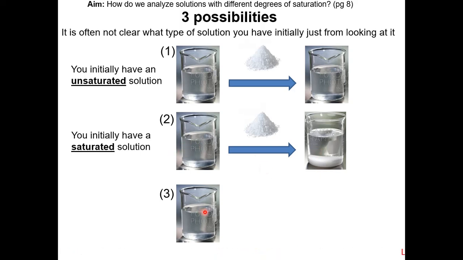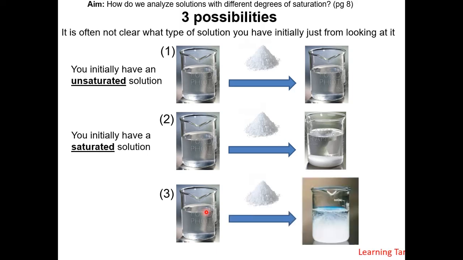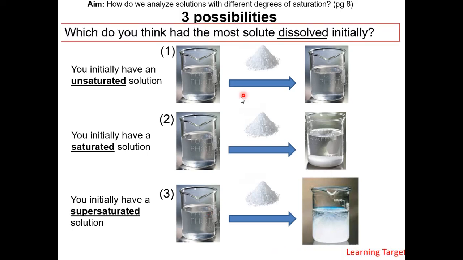Now let's add the same amount of solute to solution number 3 and notice we get precipitation. Solute that was initially dissolved now precipitates out of solution. We can say we initially have a supersaturated solution. Take a moment to think about which of these three solutions had the most solute dissolved initially. We will go over the answer as we go through the next couple of slides when we talk about the